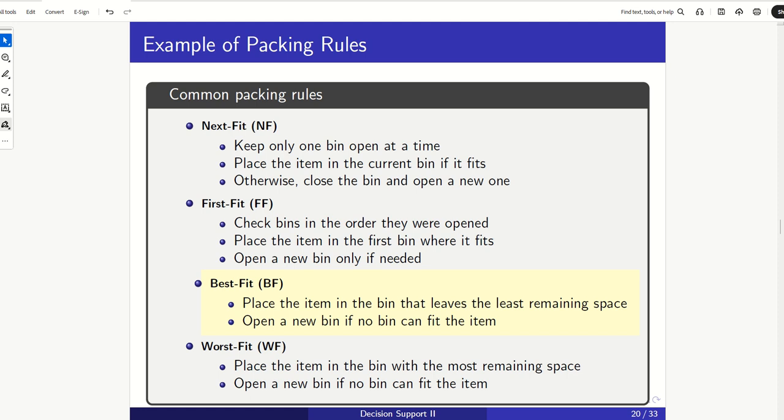Let's look at the next rule, the best fit rule. The best fit rule, with respect to the first fit rule, has the same idea of analyzing the open bins. But differently from the first fit rule, which looks at the open bins and takes the first one where the item fits, the idea is to choose among all the bins that are available and open, to try to put the item in